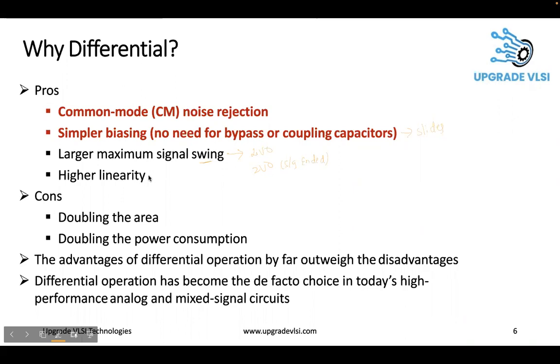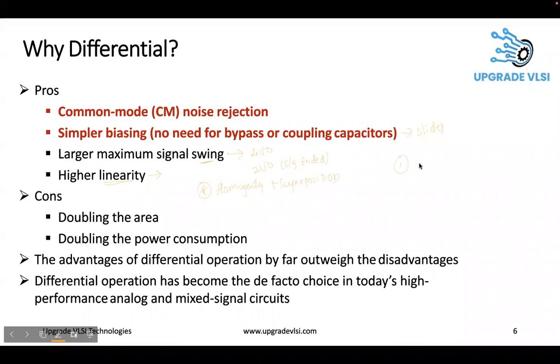And coming to linearity, in the sense, there are two things. One is homogeneity and superposition. Any signal which satisfies these two is called linear. So here, in case of differential, it is more linear. Maybe we will discuss more in detail, but a few